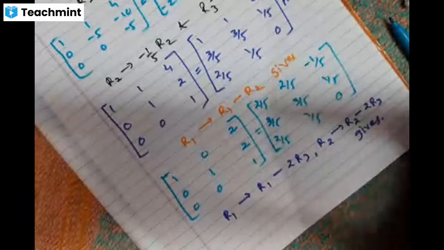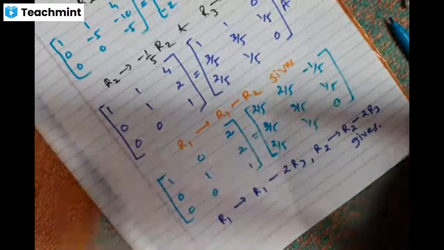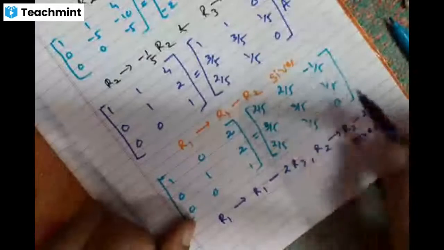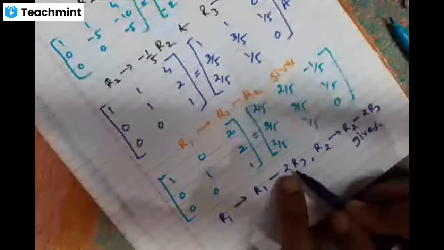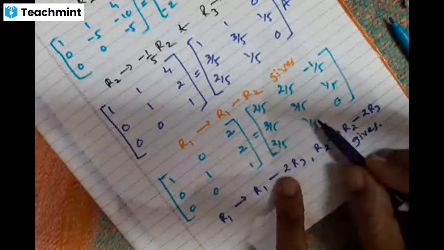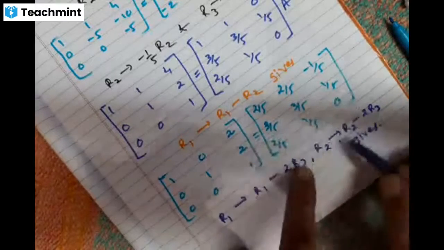That I will write on the next page now. I'm turning the page. तो यहाँ पर भी क्या करना होगा दोस्तों, first row, third row you have to subtract after multiplying the third row by 2, and similarly the second row also. So that I will write on the next page now. Okay, I'm turning the page and writing it.